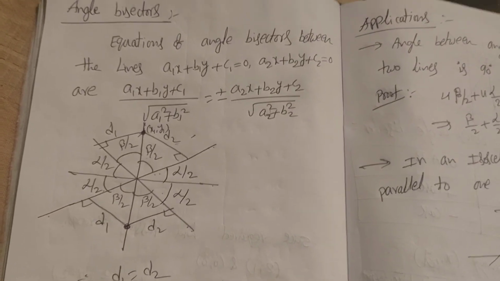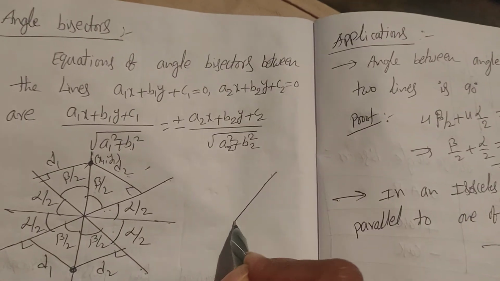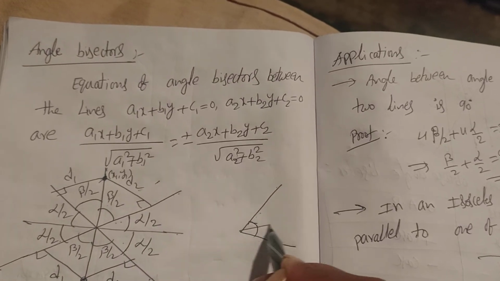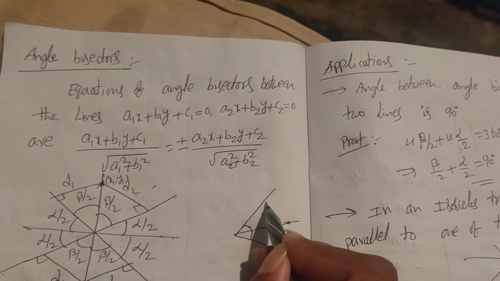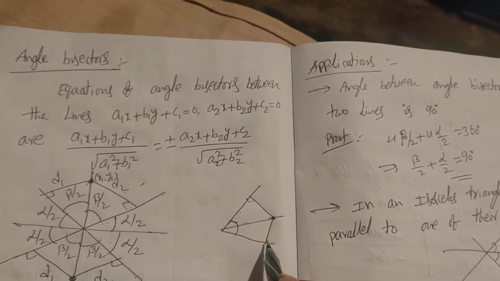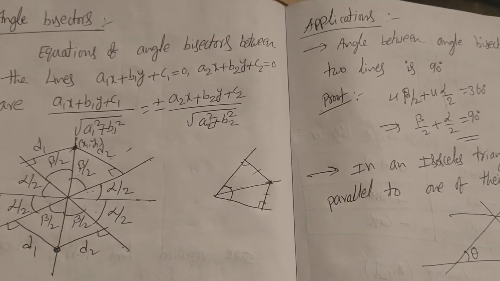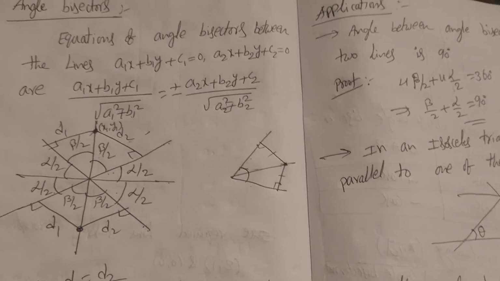So the proof is also very easy. Whenever you go for this one, this is the angular bisector. Suppose this is the angle here. Wherever you take any point on this bisector, if you draw perpendiculars to the arms of the angle, then these two lengths are equal. It is a very clear observation; in 9th class or 8th class geometry we have this concept.